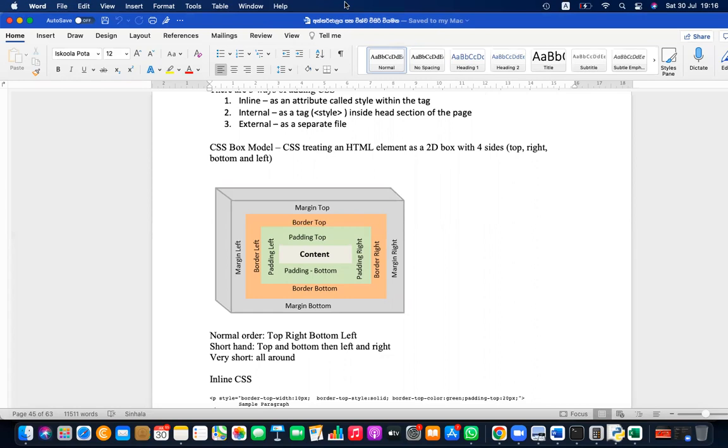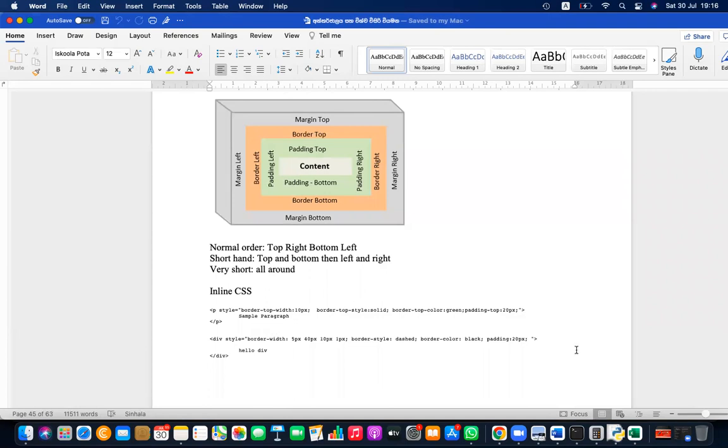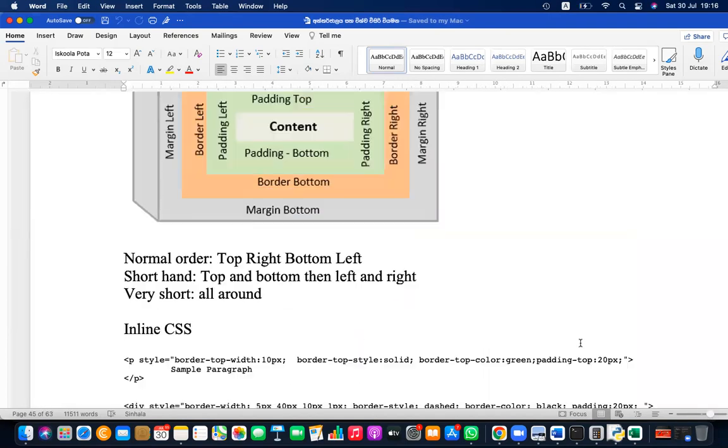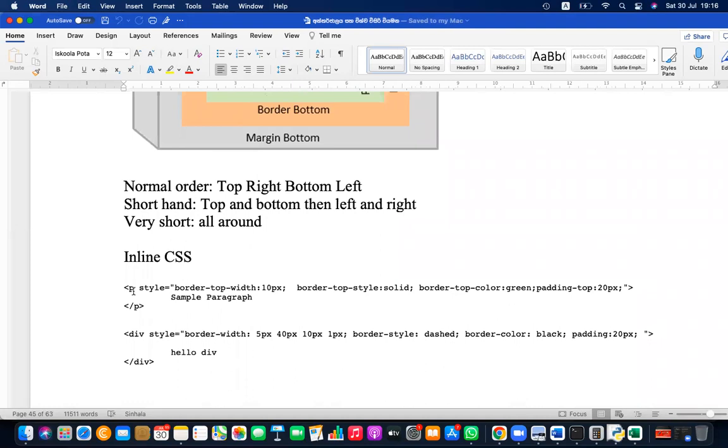Inline CSS is basically added as an attribute. You can see in the tag itself, it is added as a style attribute. And within quotation marks, you have to include your CSS, which is applicable only to that particular tag. Once defined, it is applicable only to that particular tag, but it is more powerful than the external and internal CSS, because